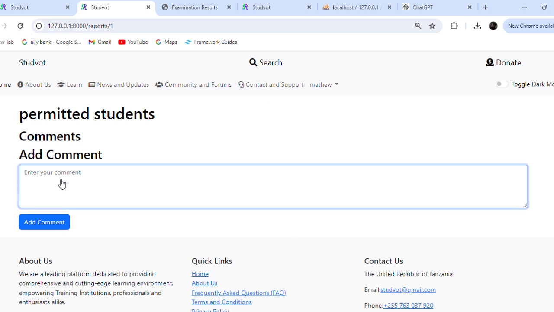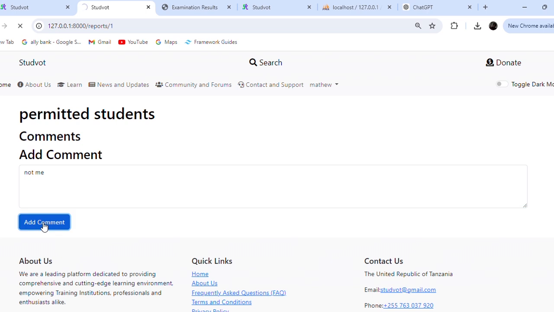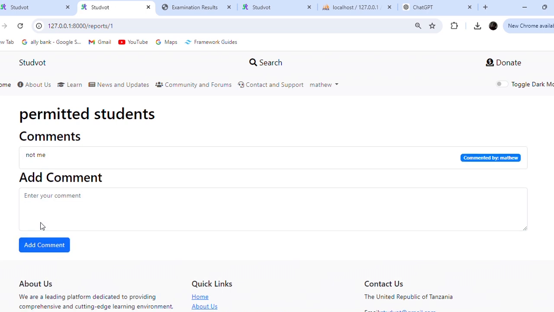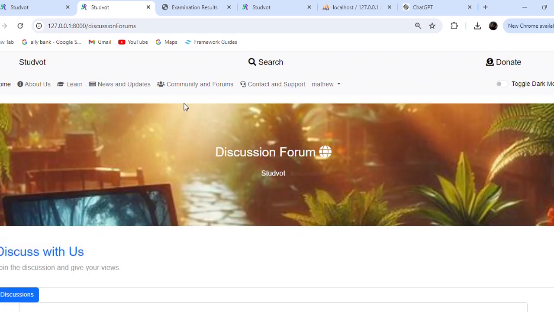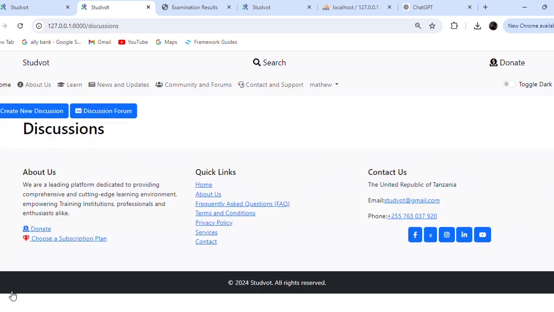And then one may comment, the comment commented by somebody. So that's all about news. There is also the community forum. This is the place where someone can initiate a discussion. As a student or a lecturer or an administrator, you can create a discussion,